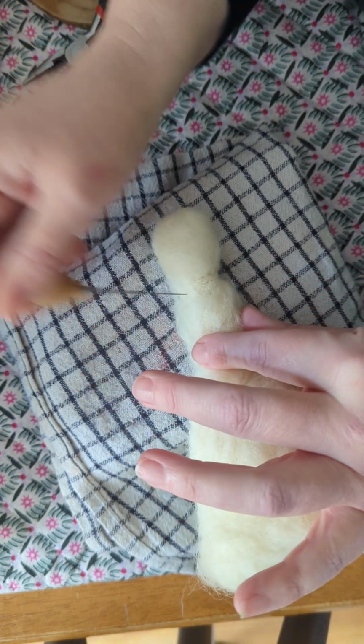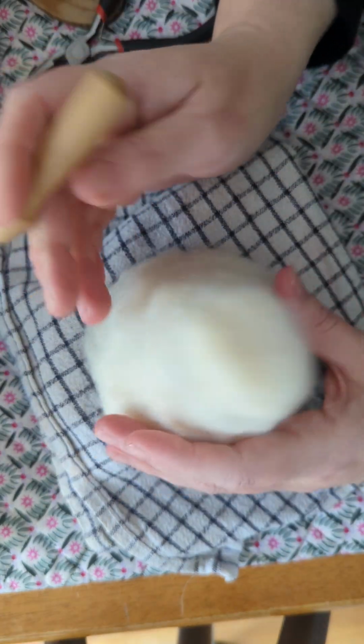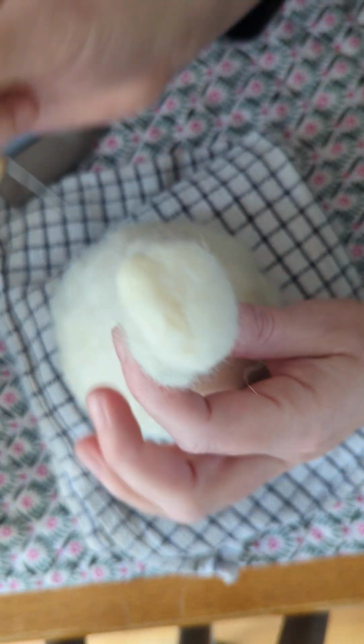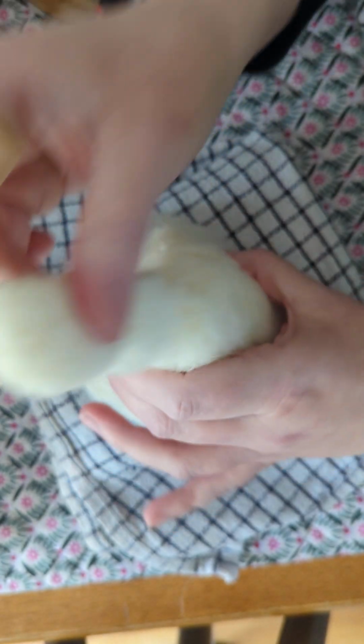That's quite stiff now. Okay, let's just stand her up. Is her tummy a bit long? No, I think it's going to be okay. What I'm going to do